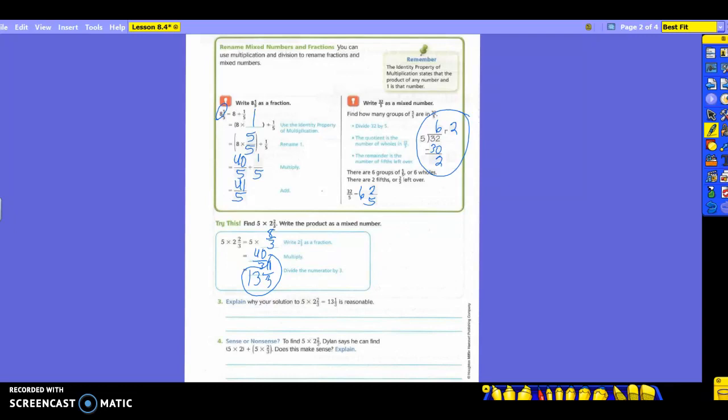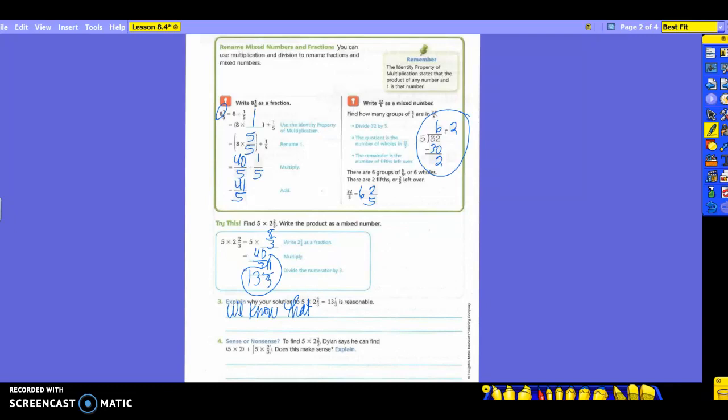How do we know it's reasonable? Take a look at what you first started with. You're looking at 5 times 2 2/3, right? What do you see right away with 5 times 2? It's already 10, right? And then I have to do out the other 2/3. So I know that it has to be greater than 10, right? So is my answer greater than 10? Yes. You also know that 2 2/3 is greater than 2 just by looking at it. So when you multiply your 5 times 2, it's going to be greater than 10. Yeah? So we know that, so let's just say, we know